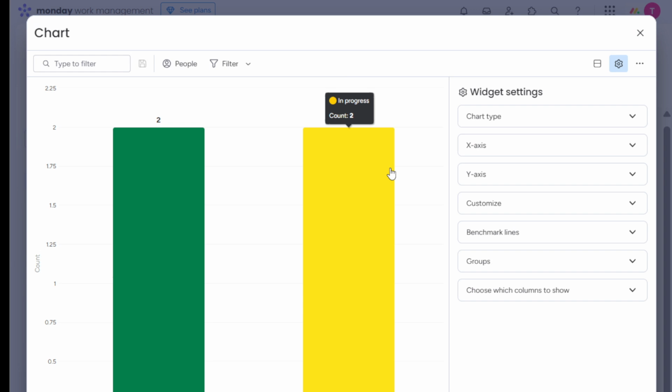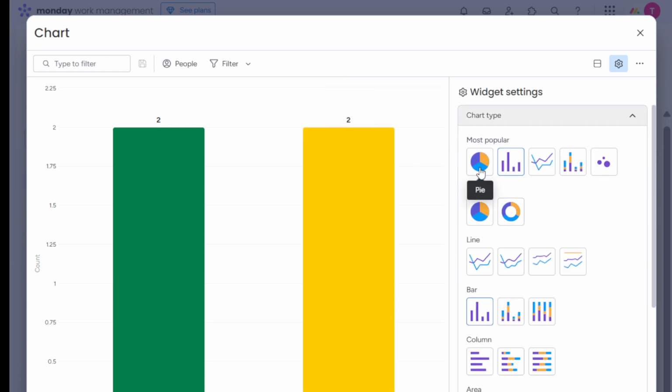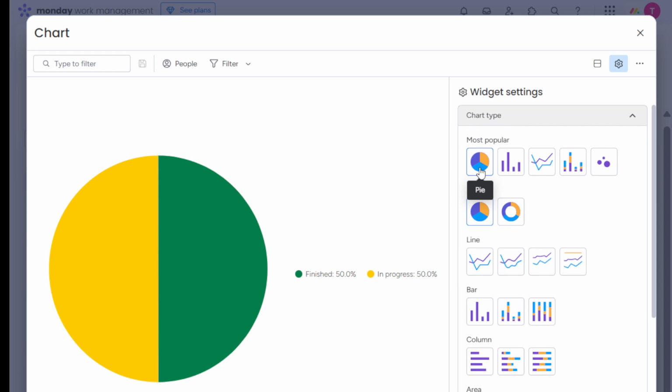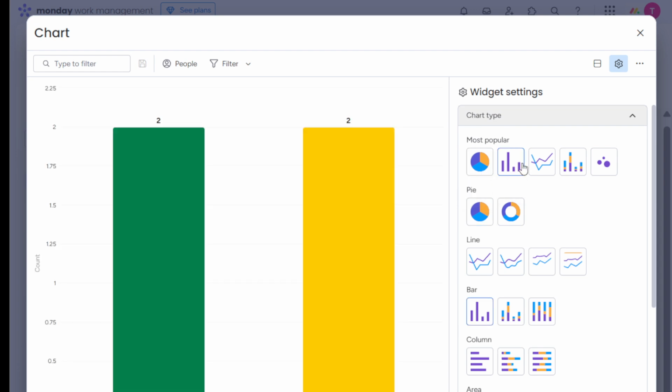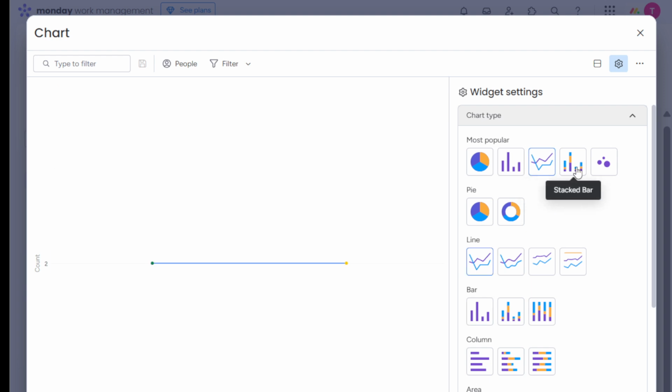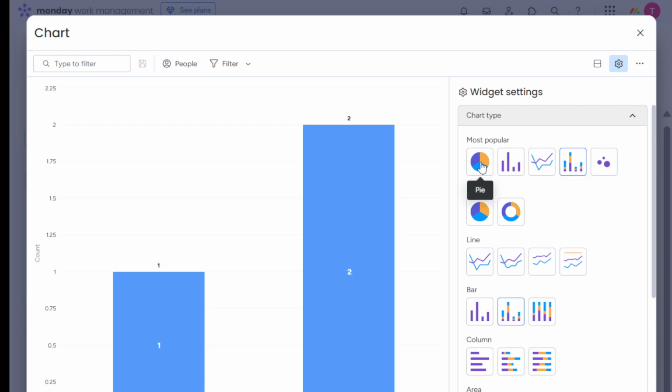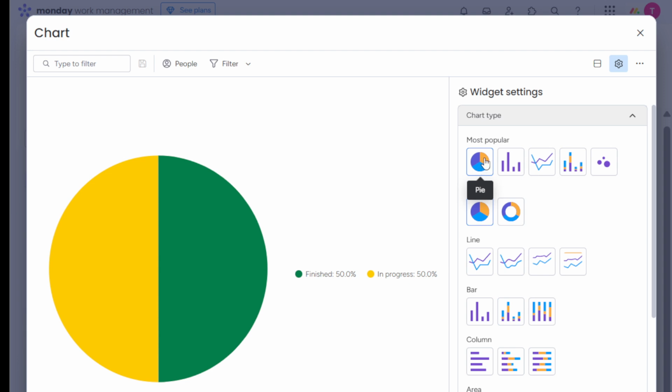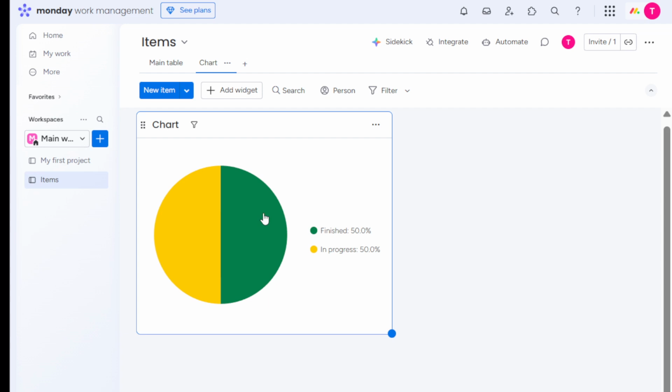After selecting your chart type, the next task is to determine which columns of data you want to display in your chart. Depending on your specific board setup, you might have columns related to tasks, dates, priorities, team members, or other custom fields. Think about the key pieces of information that will convey the story you're trying to tell with